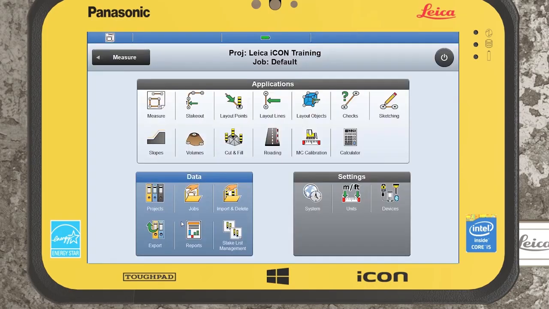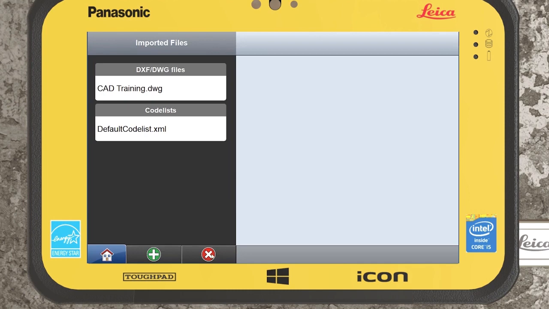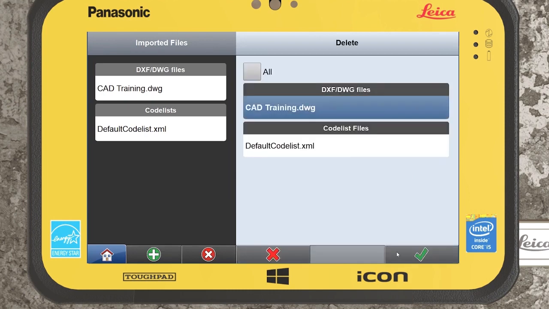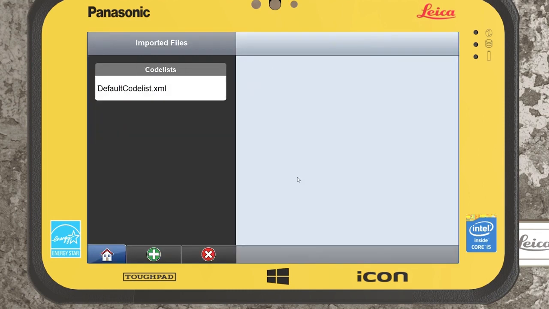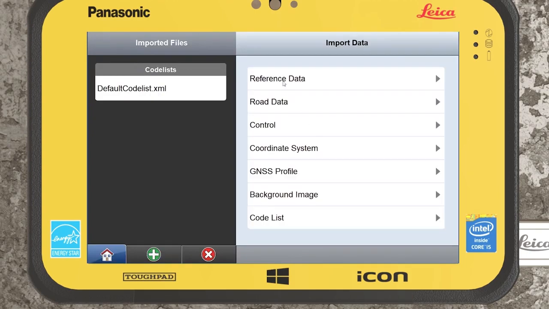This isn't an issue. So if it's a case that you're out on site and you have a drawing and you haven't actually got the facilities to get into a CAD package to clean it up, what we can do is import it straight away just to see your drawing and inspect it. Then we can come back in, press the red X, and remove our drawing, okay? And we can go through the same process again,